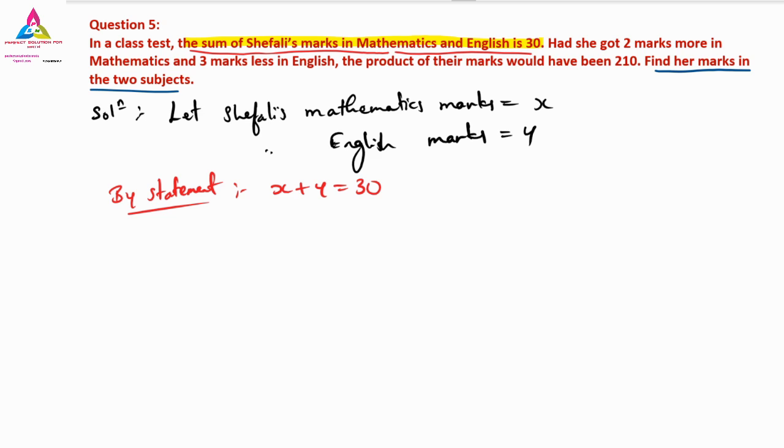So here what we can do, this y we can keep here and this x I can shift. So what will happen? 30 minus x. Eliminate any one of the variables. So I am eliminating y. I have kept that y here only, but this x I have shifted. So y is equal to 30 minus x, which means in place of y I can write 30 minus x. This is the y value. I think you understood this. I think you don't have any doubt in this.